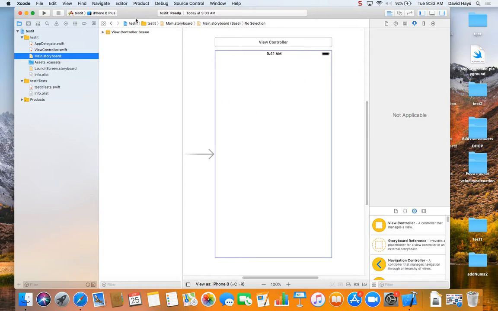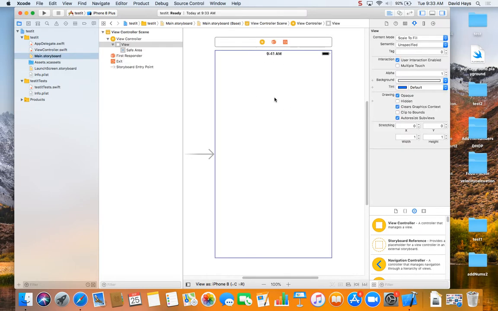Now, okay, so we got our ViewController.swift, and we got our main storyboard. The view controller kind of controls everything. It controls what you see and so forth. If I drop on some text fields here,